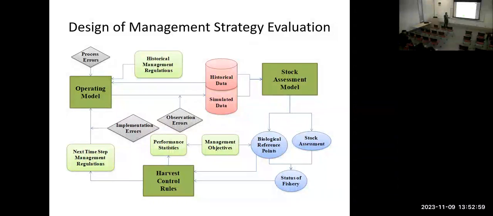You use all the fishery data, you simulate fisheries, and then you try to manage those simulated fisheries, look at the outcomes, and compare the different management strategies, and then identify the optimum one, right? So you have operating models, and you feed the operating model with historical data, and then you apply that to the stock assessment models, and do all the things like we have done for practical fisheries, and then try to manage that. And eventually we can see, hey, this strategy probably performed best.